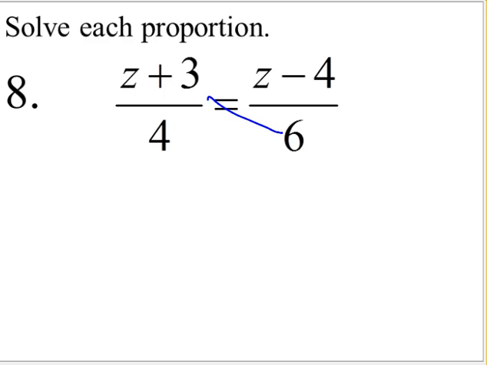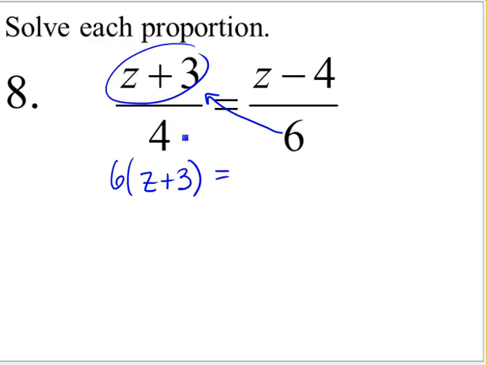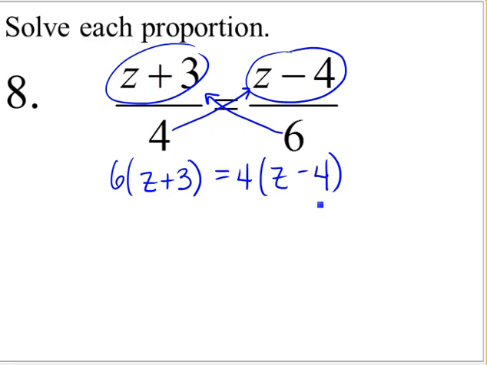So what I need to do on this is I need to take 6 times this whole amount. So I've got 6 times z plus 3 equals, I'm going to take 4 times this whole amount, 4 times z minus 4. I now need to make sure that I'm distributing. 6z plus 18 equals 4z